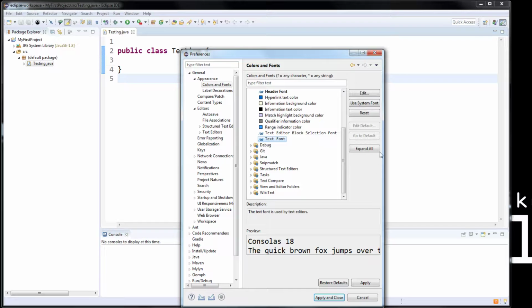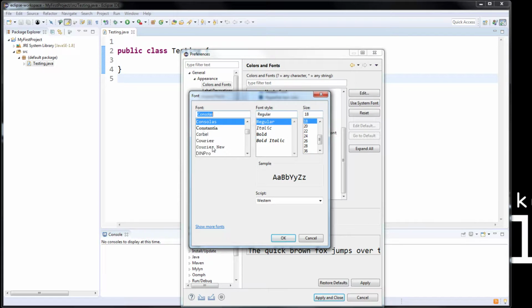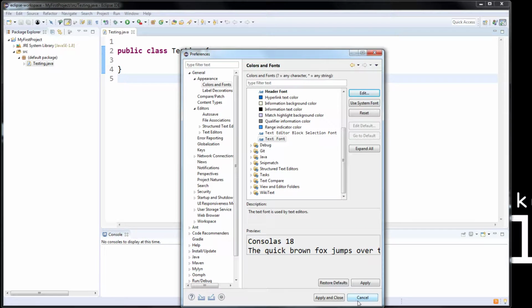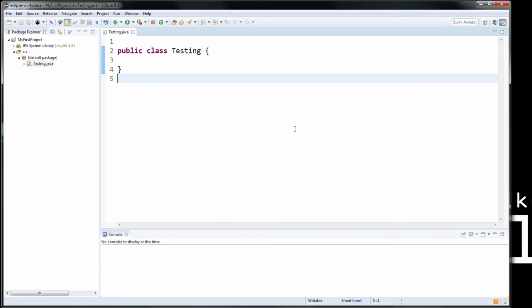And then here you can edit, and it'll let you choose the style that you want. I think it's typically size 10, which is fine. And Consolas is the typical one that people go for. So close that out. So public implies that it is referenceable by any other